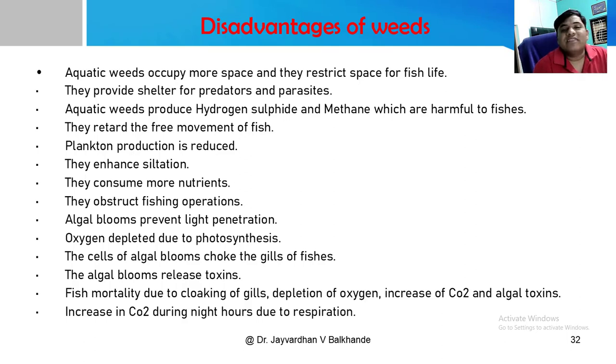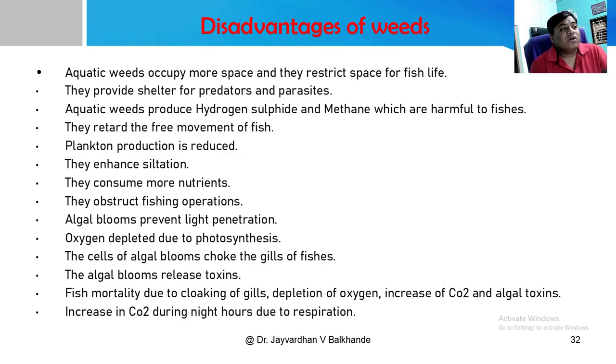It prevents light penetration, and we know the role of light penetration in the water body. Light is required for photosynthesis, and if the algal bloom is heavy on the surface of the water body, then light does not penetrate to the bottom. The other plants need sunlight for their photosynthesis process, and if they fail to get sunlight, they cannot produce their own food. Then the fertility of the plants is also reduced because of this algal bloom.